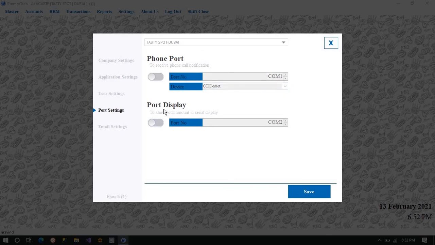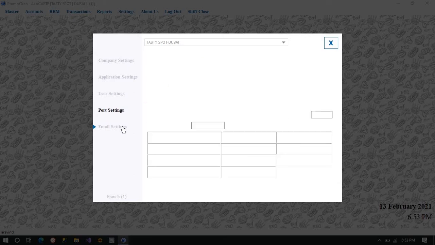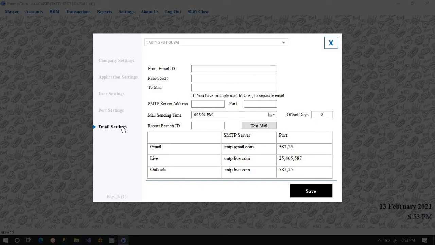So there are 3 devices in the thing. I have connected according to what it's suitable for my device, right? Second is port display as well. Here also you can see whatever you want to turn on, just scroll the arrow and it gets turned on and you can put the setting.